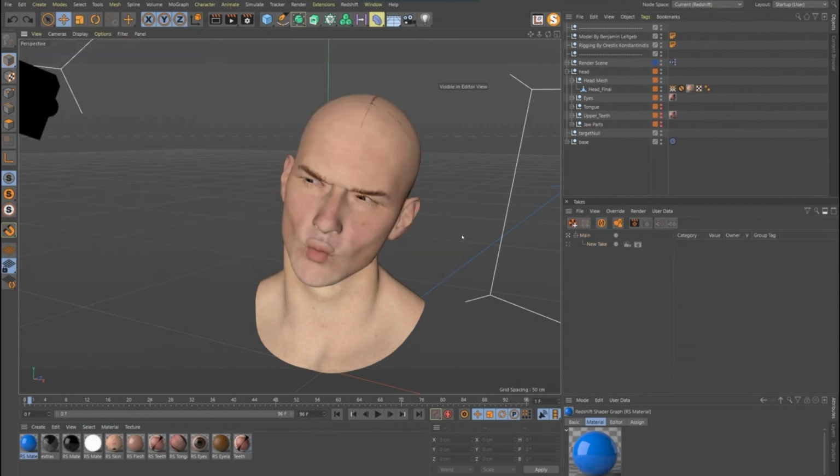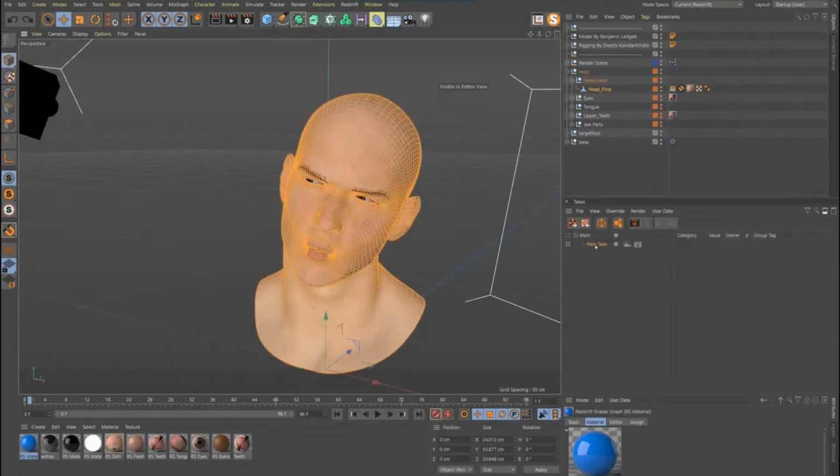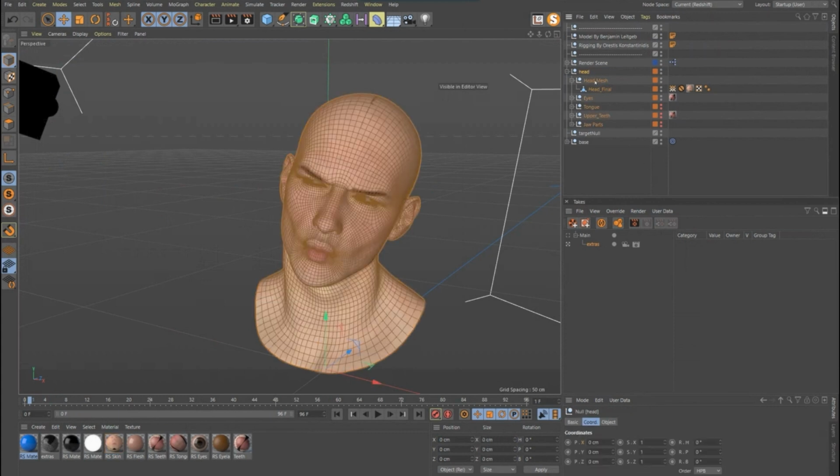So let me just go back again and undo kind of all of this stuff that I had done. I just want it to be clean. So let's make a new take, and let's call it extras, because I'm going to do a few fun things with this material. Like we said before, if I go into my head and I just throw my material on there, it's on the main take, it's on extras, but nothing's actually showing. So I just want it to be on this extras take and override everything. And that's where an override group comes into play.